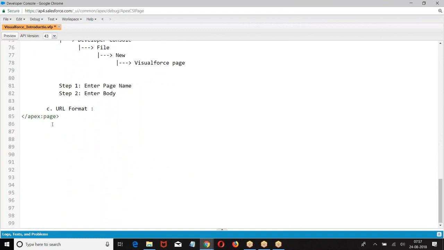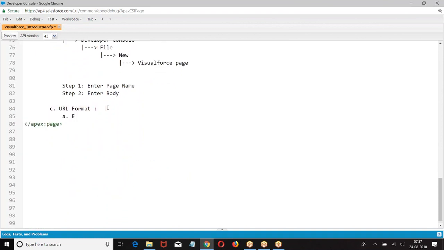URL format. When I say URL format, first what are you supposed to do? Enable development mode.